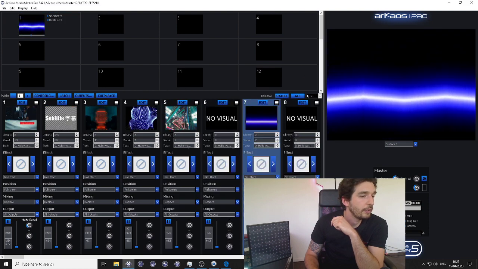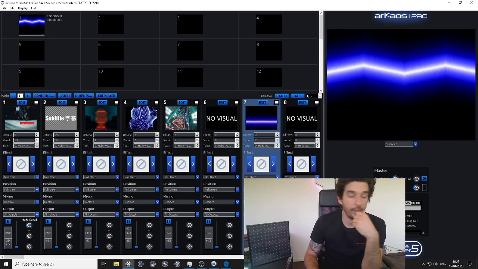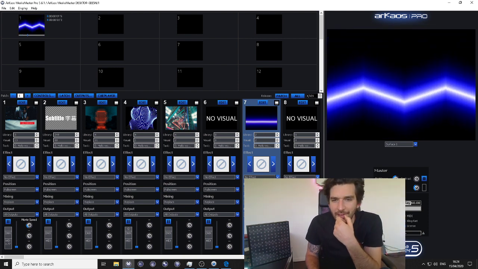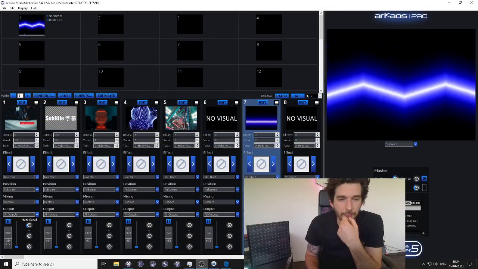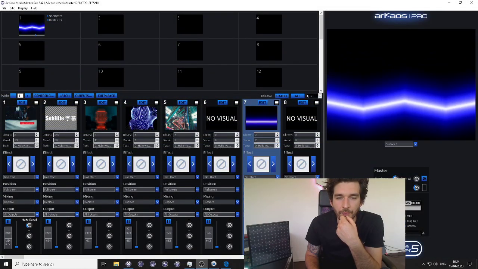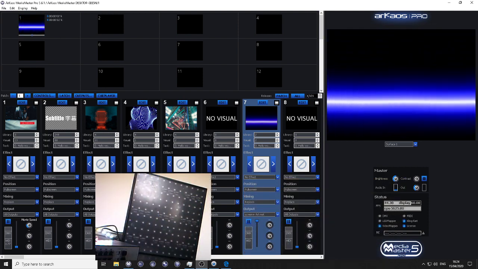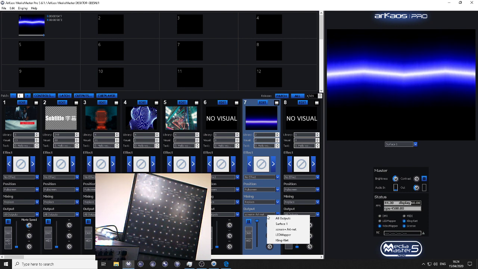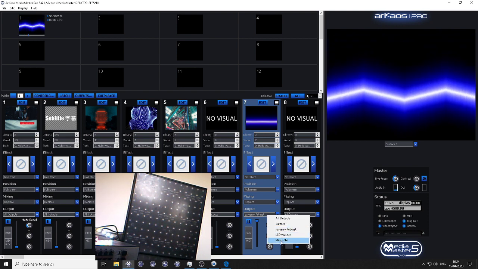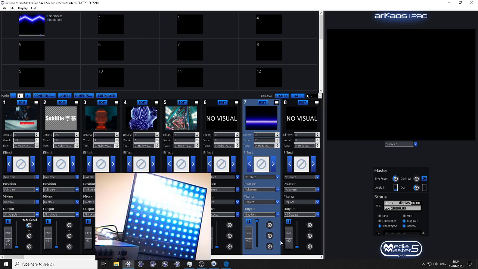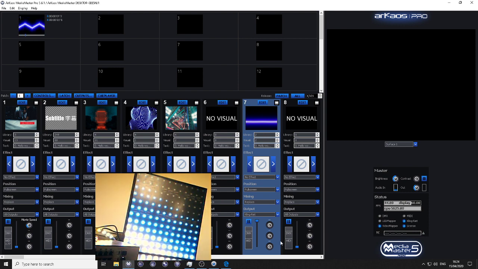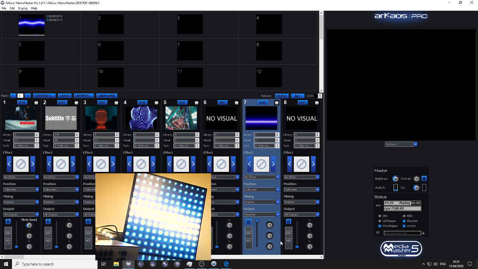Now select my visual. I have an extra output, you don't see it, sorry, because I'm in front. From here, I have an extra output. That extra output is ClickNet, and there I can send visuals to my ClickNet fixture.